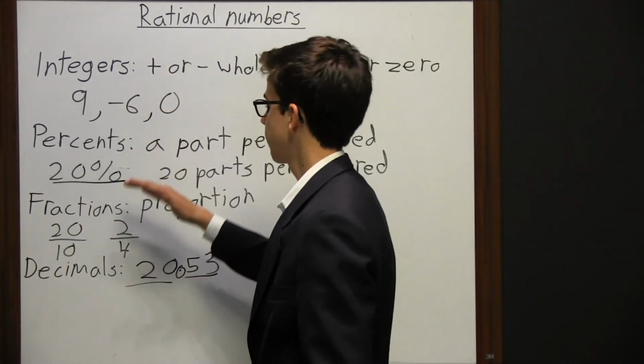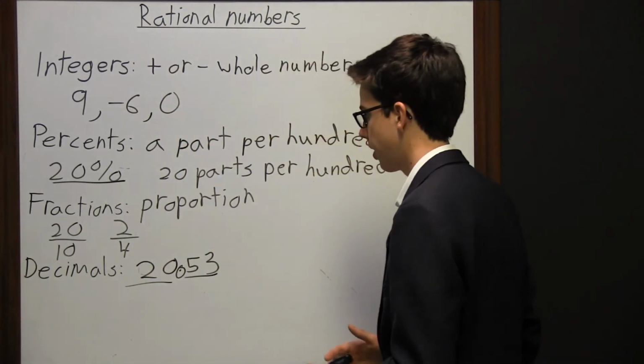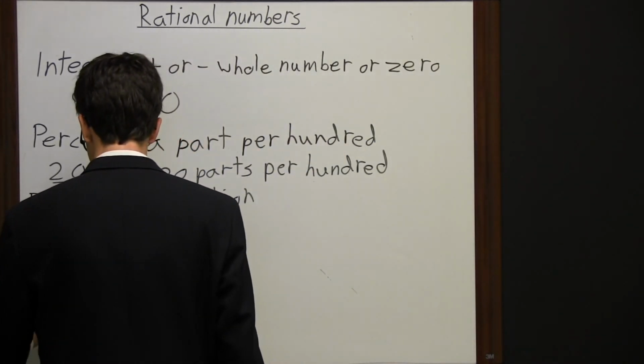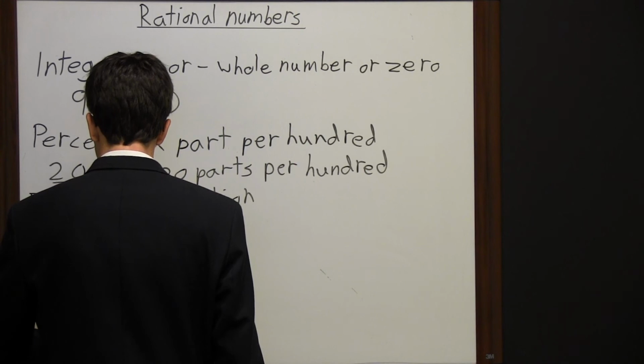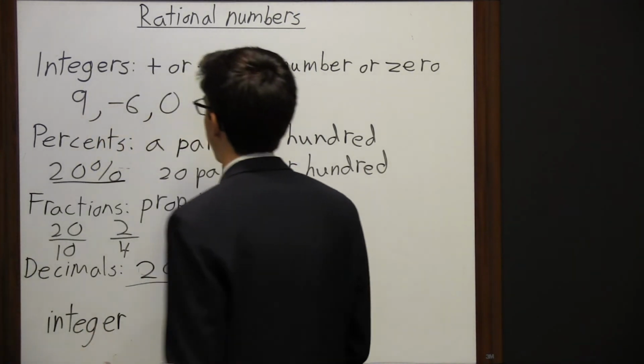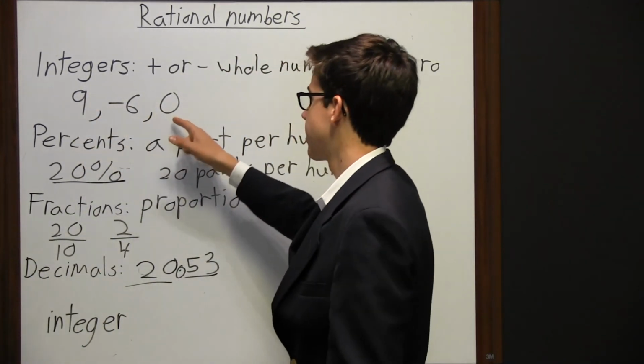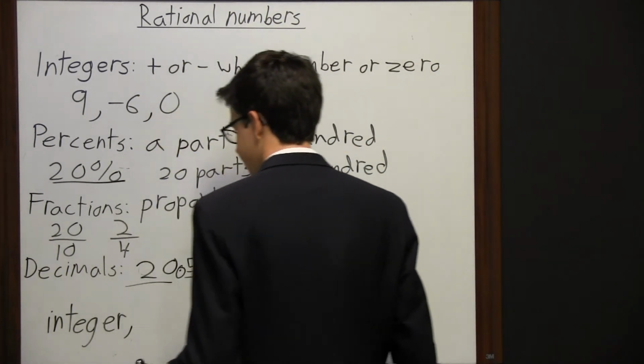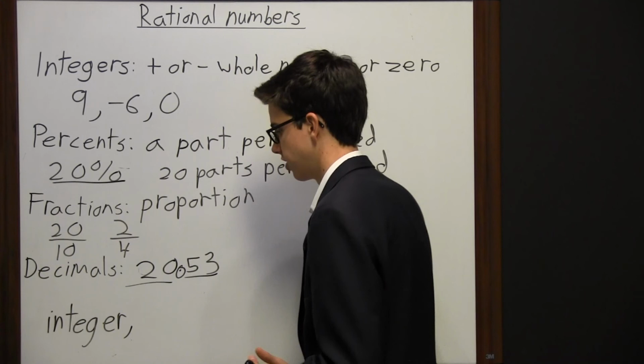So we have our integer, we have a decimal, and then we have numbers after the decimal. So integers, percents, fractions, and decimals are all rational numbers, usually. There are some rules. So in order to be a rational number, to summarize, it either has to be an integer, like we talked about. If it's a number like 9, negative 6, 0, it's always going to be a rational number. It gets more complicated when we come to fractions and decimals.